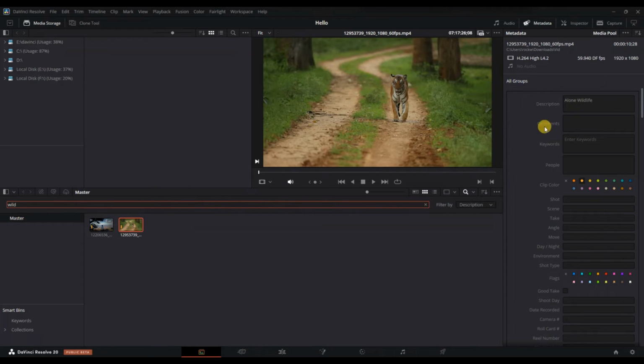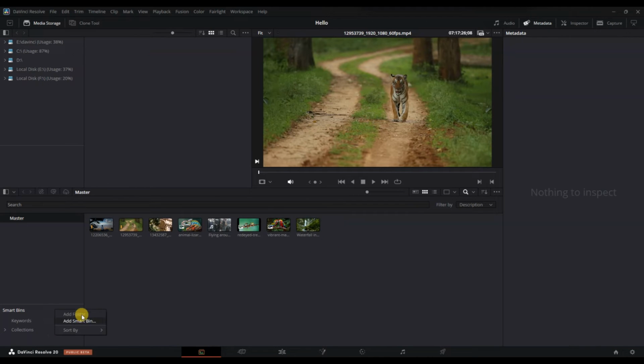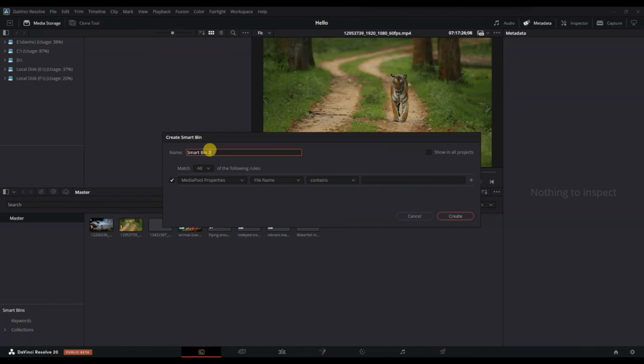Now, to organize your clips more efficiently, you can use Smart Bins. Right-click in the Smart Bins section and select Add Smart Bin. Give your Smart Bin a name and define rules based on the metadata fields you filled earlier, such as keywords